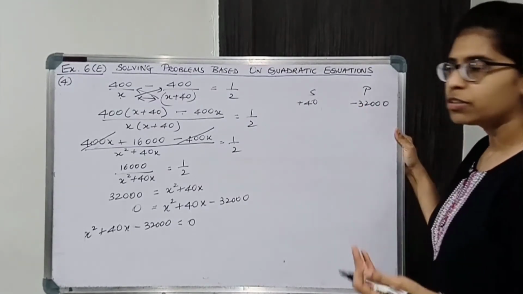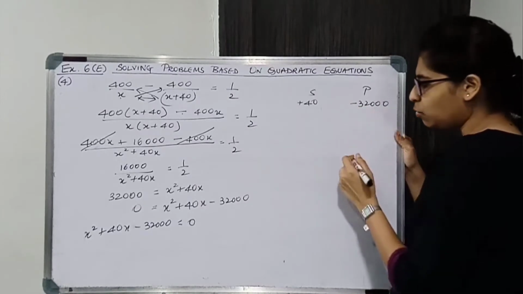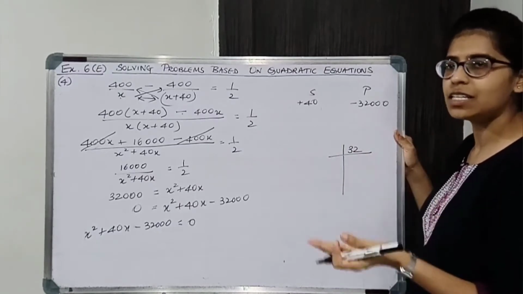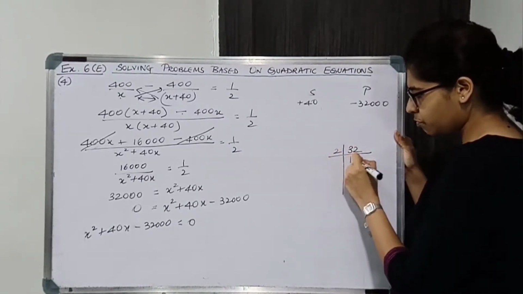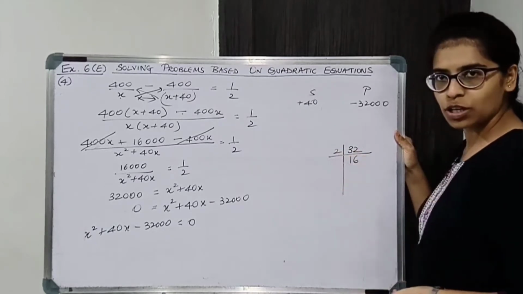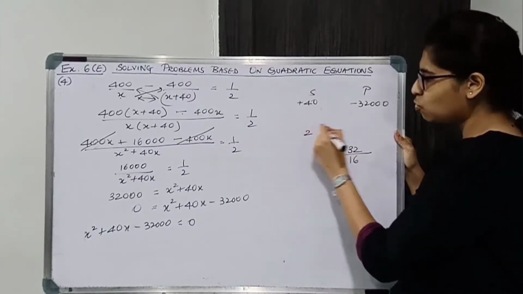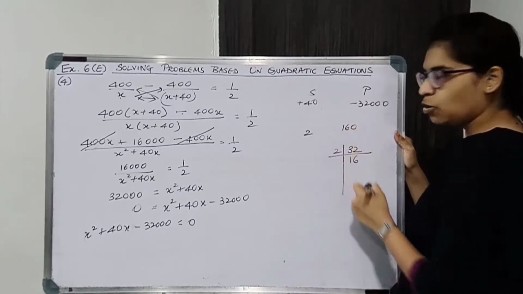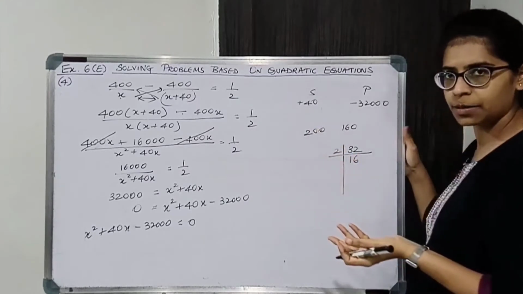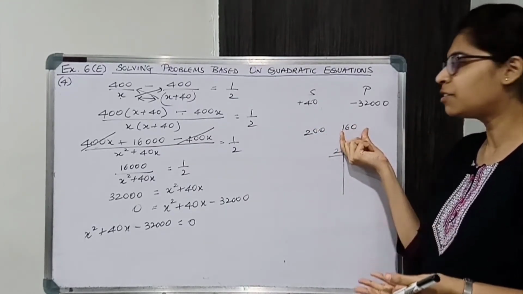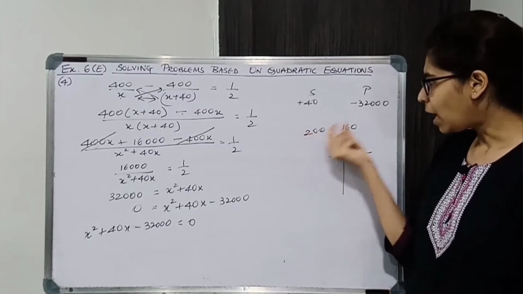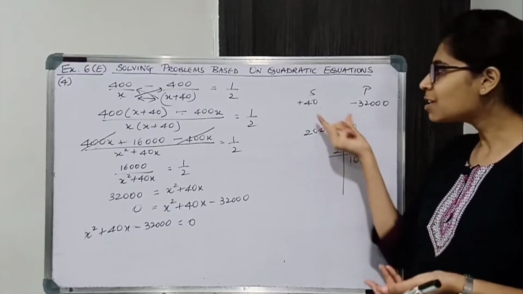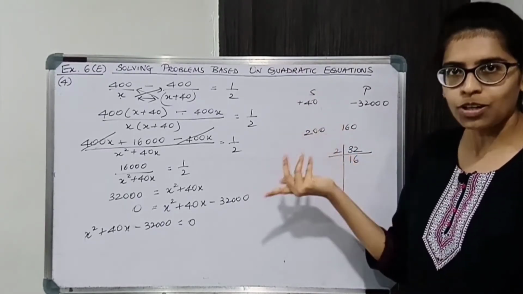So let's find out the factors. First let us find out the factor of 32 only. Then we'll put zeros behind the number. Okay, it is easier way. So 2 16s are. Let's put zeros and check. Now there are 3 zeros. There is 2, there is 16. So 3 zeros को distribute करते हैं. Put 1 zero over here and 2 zeros over here. If you will put 2 zeros over here, this will become 1600 and this will become 20. No. So I put 2 zeros over here, 1 zero over here. 200 and 160. The difference is giving me 40.